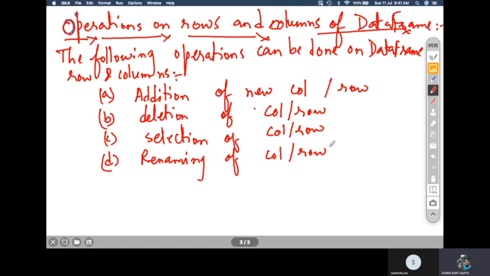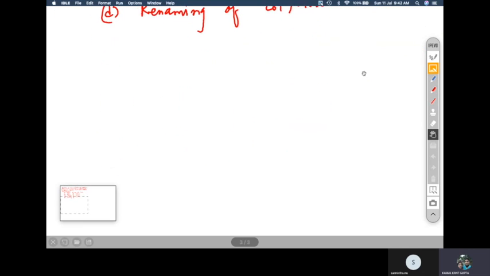Now whenever you are making a data frame, you should be having these operations coming in your way every now and then, because you need to add a few more rows or columns as and when new data comes, right? So let us understand and see the syntax for addition first.